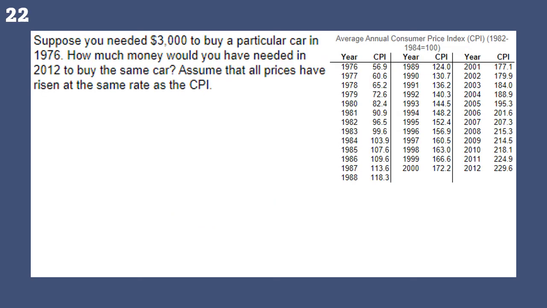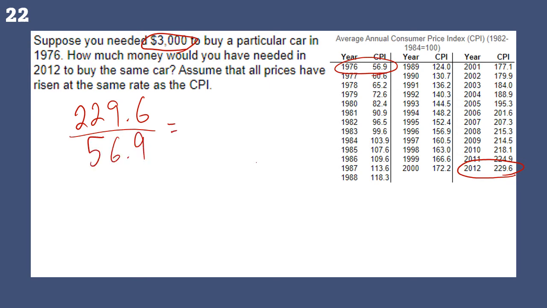Suppose you need $3,000. Now this has a CPI formula, and it wants to know if we are buying a car and the car prices increased at the rate of inflation, how much money would it cost to buy the same car? So in other words, what would $3,000 buy us in 1976 in 2012 money? So we're going to go to 1976. We've got a CPI, and we're going to go to 2012, and we got a CPI. And what we're going to do is we're going to take the CPI, and we're going to recognize that if everything should be proportional,